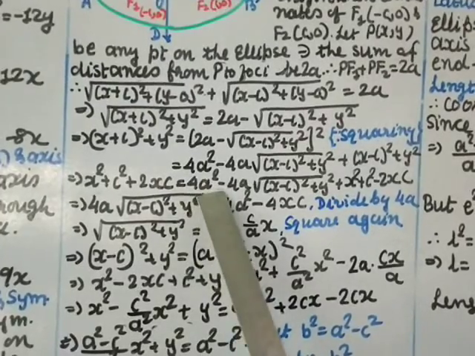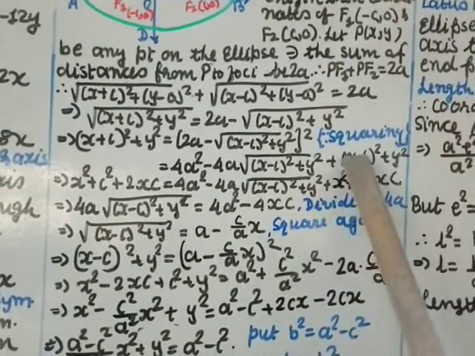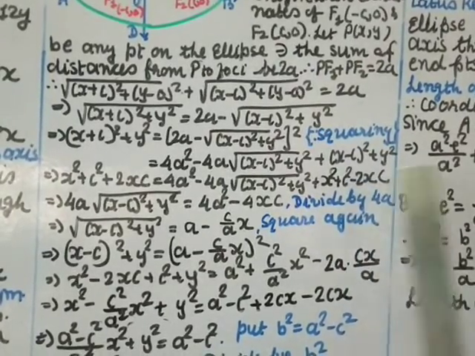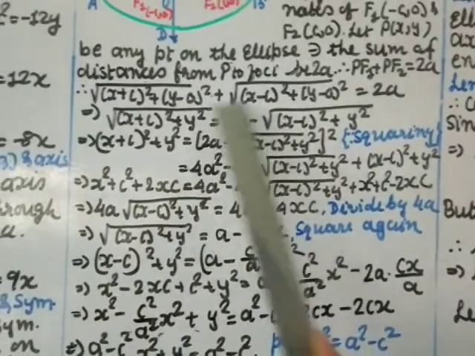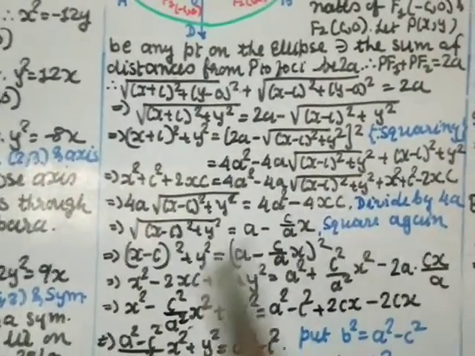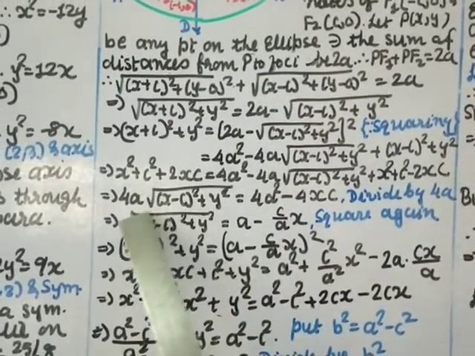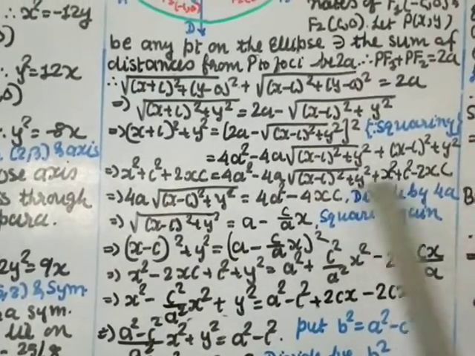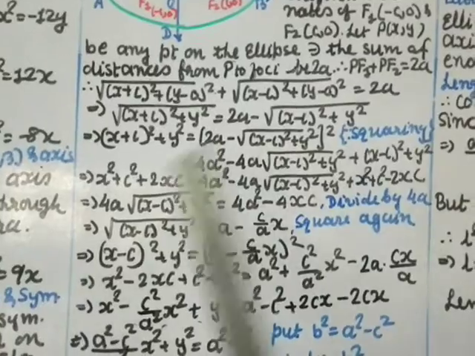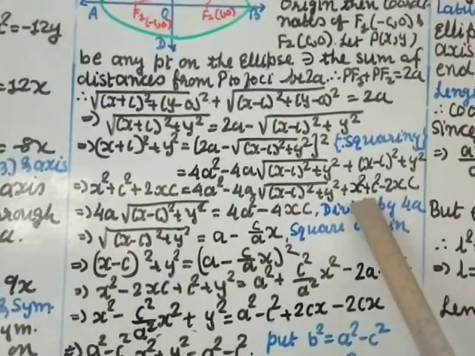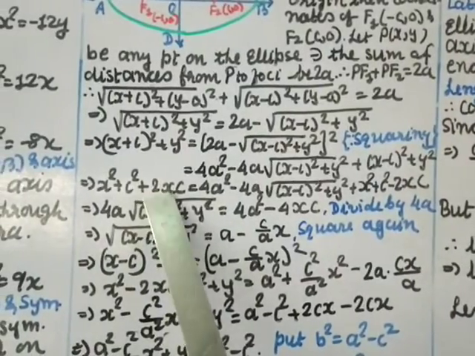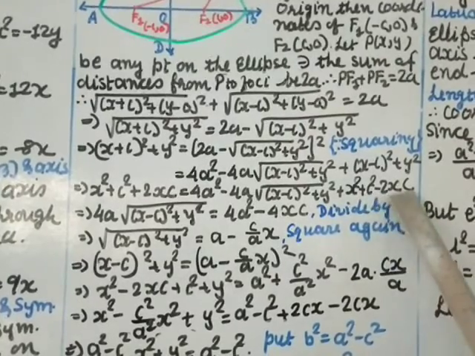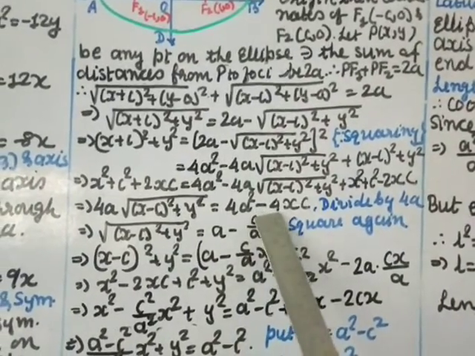Then here 4a square minus 4a times the square root as it is, and here I am expanding using (a minus b) whole square, so x square plus c square minus 2cx. Now this negative term I am transferring over here, and all these terms I am transferring over here. So when you transfer this it becomes plus 4a times the square root of (x minus c) whole square plus y square. X square when you transfer becomes negative, and there is positive x square, so it will cancel. C square becomes negative, and there is already positive c square, so it will cancel. Plus 2xc you transfer becomes minus 2cx, and there is already minus 2cx, so you add them and get minus 4xc.